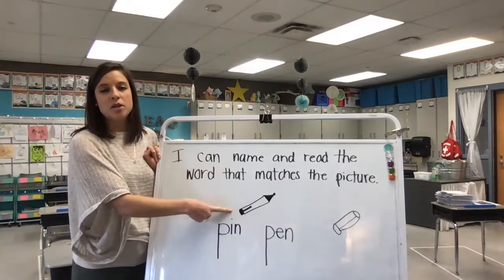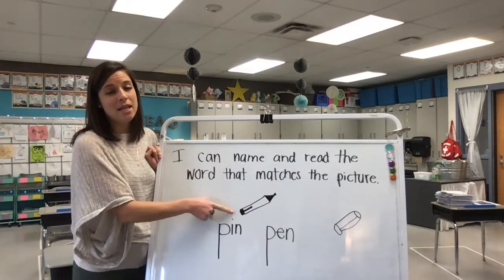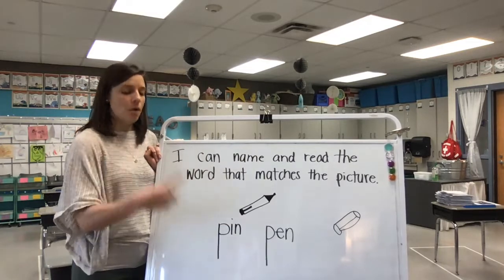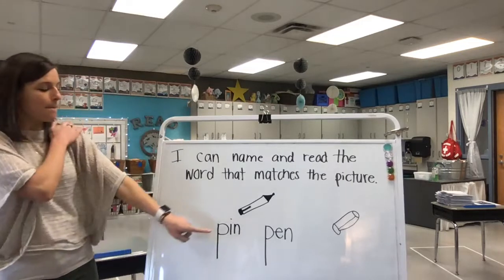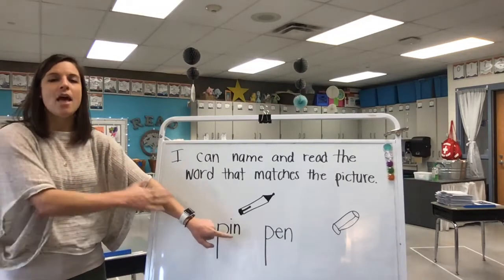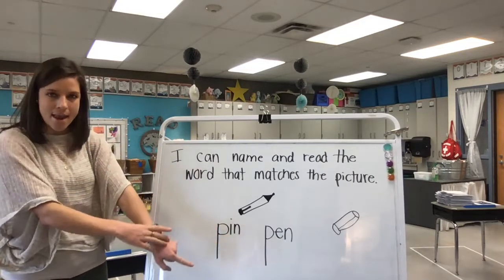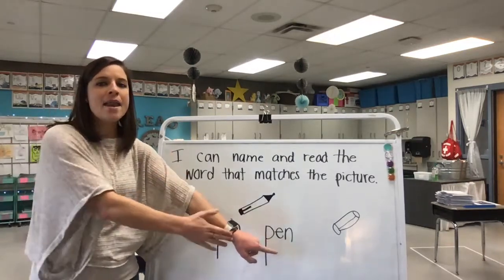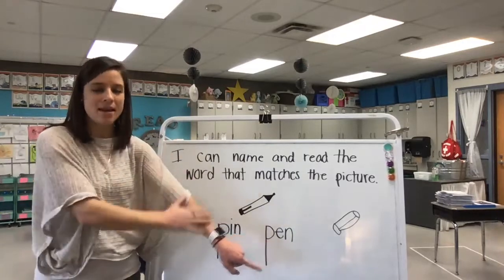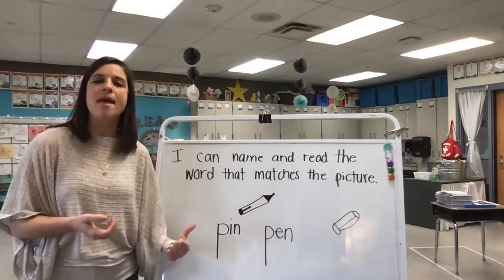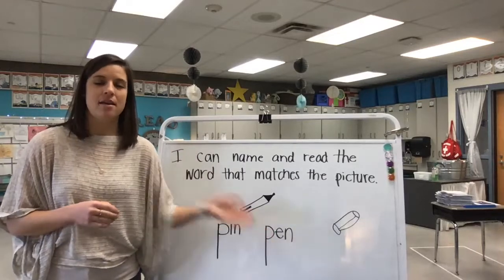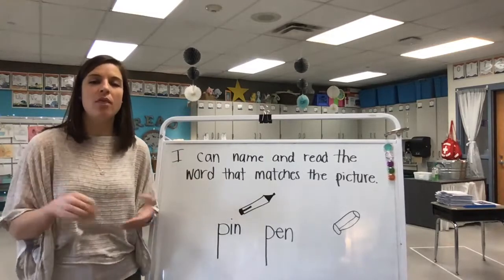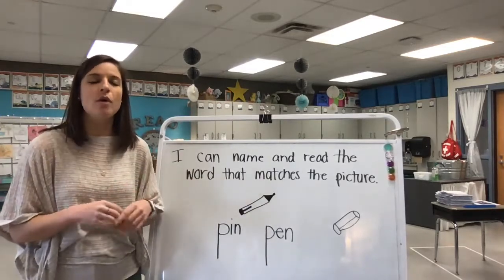So let's take a look at this picture. This is a picture of a pen that I drew, a pen. This is a pen that you write with, okay? So the first word that we have is pin. The second word we have is pen. They're very similar. Pin, pen. Okay? Now, when we're using a pen that we write with, that is a pen with an eh